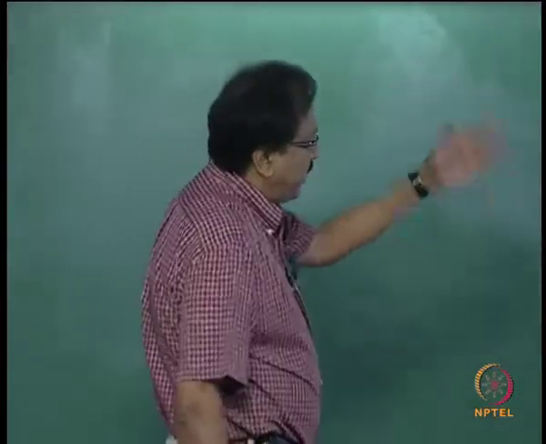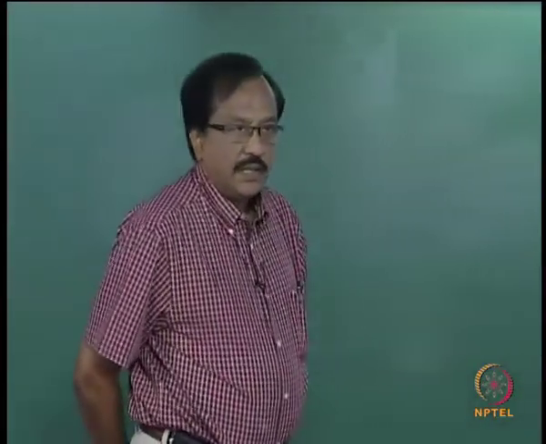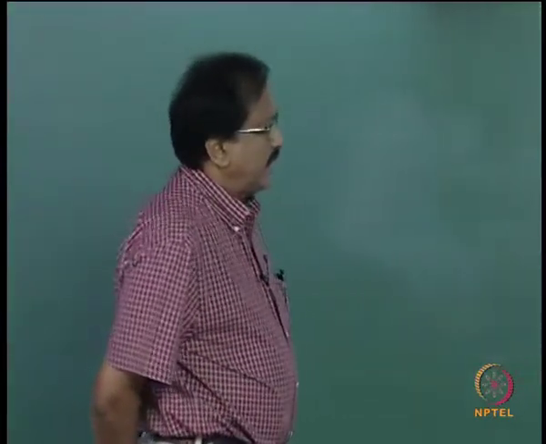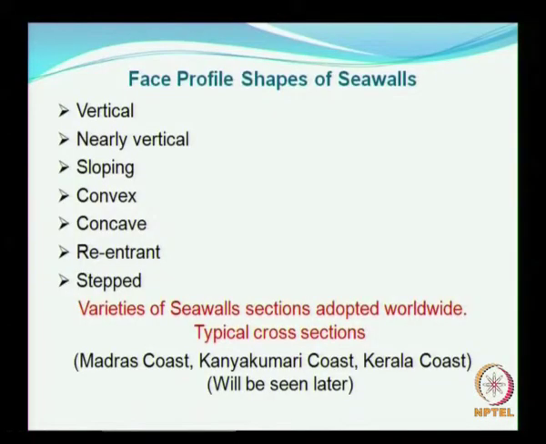When you look at the front shapes of the sea wall, you can either have vertical, nearly vertical, sloping, convex, concave, re-entrant, then steps. There are varieties of sea wall sections adopted worldwide. Some of these cross sections are adopted for our Indian coast, for example Chennai or Madras coast, Kanyakumari coast, that is the tip of Indian peninsula,